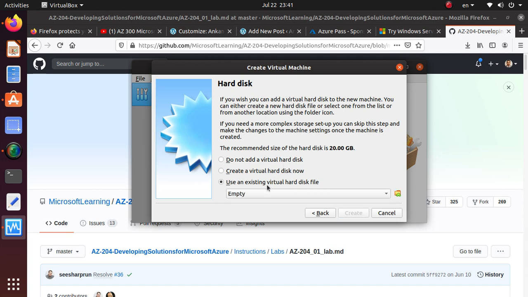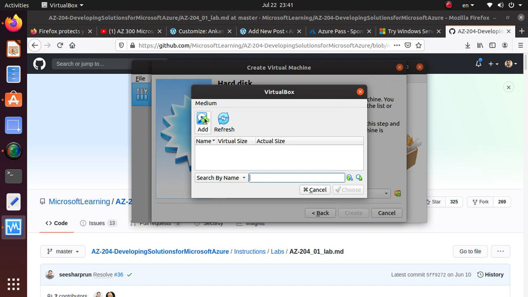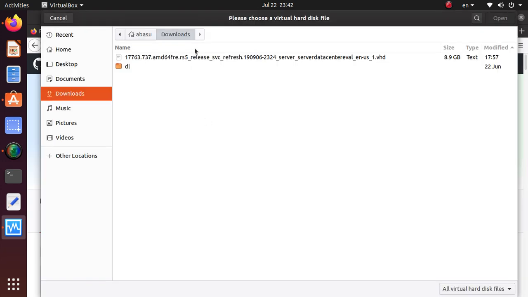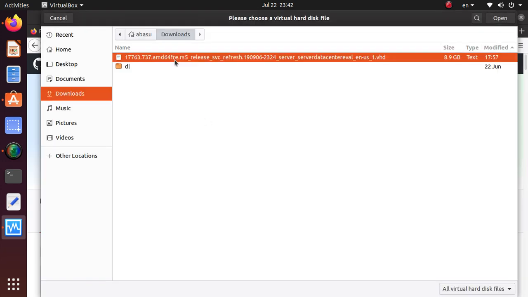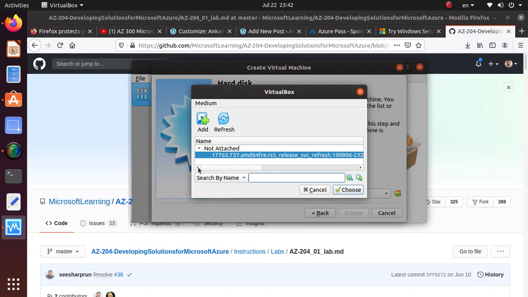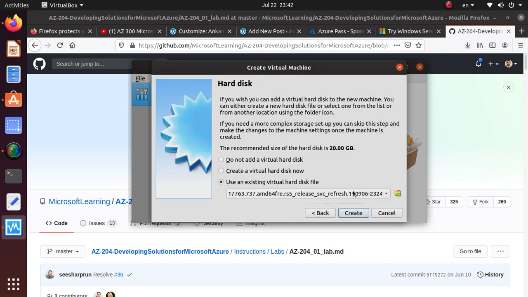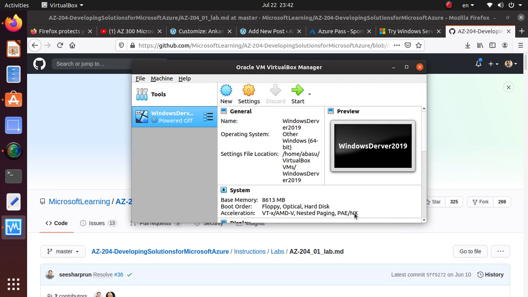use an existing hard drive file. So this is what we have downloaded, and this time I'm going to point it to the file that we have already downloaded. Okay, and then hit open, and I'll just say choose, and then I'll say create. Okay,